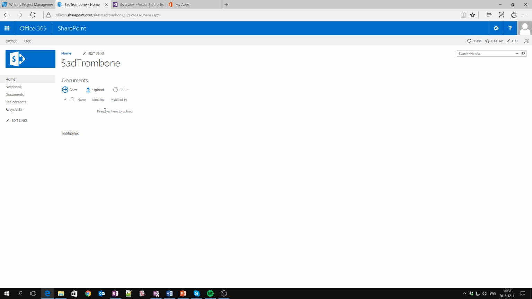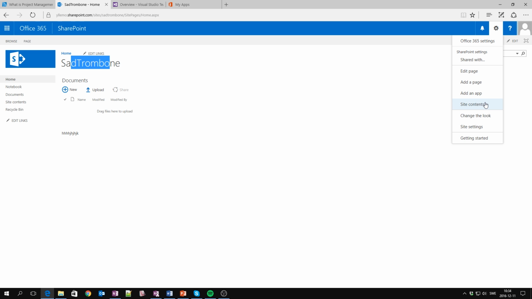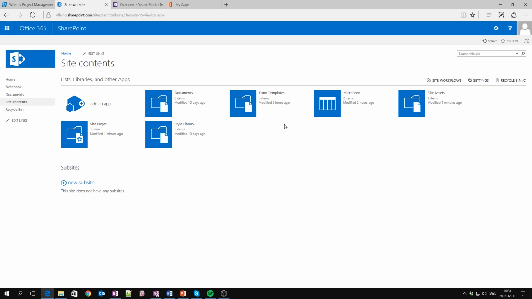One of the core things with SharePoint is the documents and the list libraries. Those are two primary things when it comes to working with SharePoint. So if you are using SharePoint within your project, I think you should focus on trying to understand the document libraries and the list libraries. So if, for example, I go back to the site contents here, we can see that we